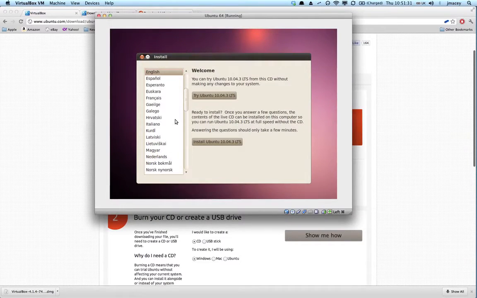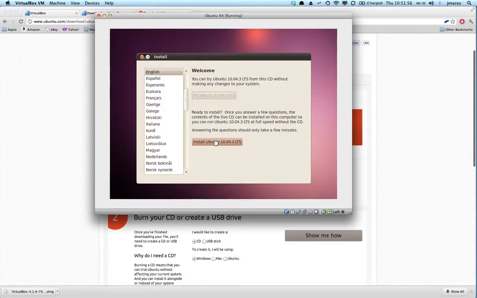Got to the stage where our Linux box has booted, and what we have here is the standard install screen. So we're just going to follow the instructions. Now with a live disk, which is what this is, we can try it without installing, but obviously we're installing into a virtual machine, so we're going to go ahead and click on install Ubuntu 10.04 LTS and wait for